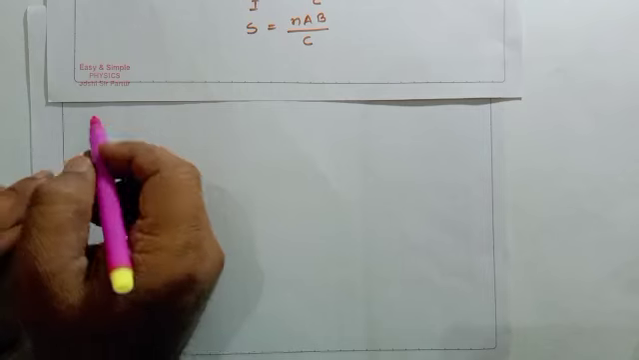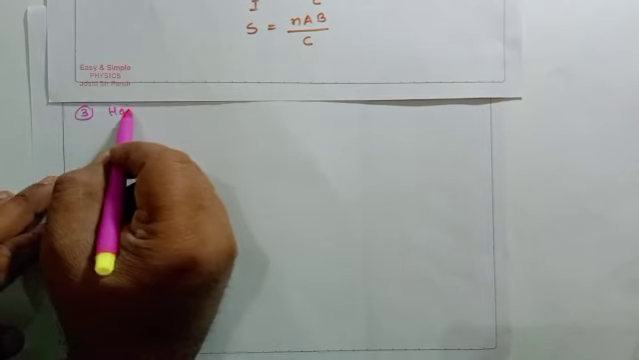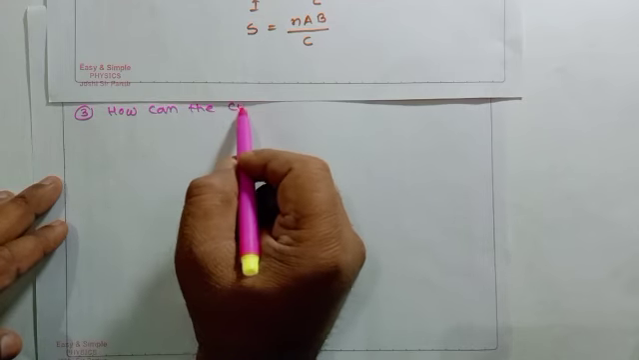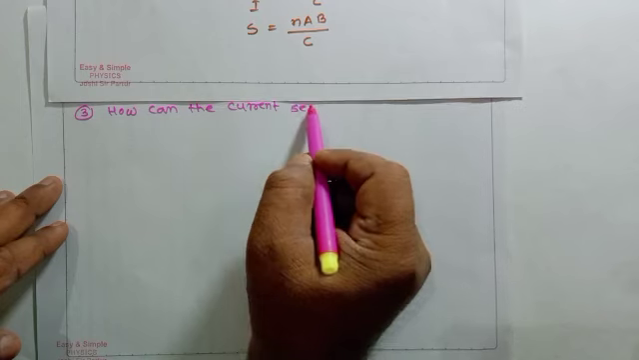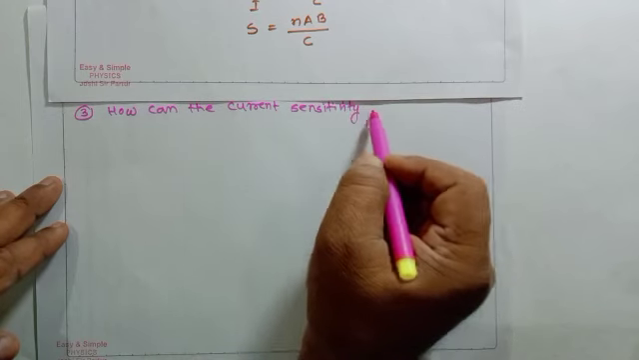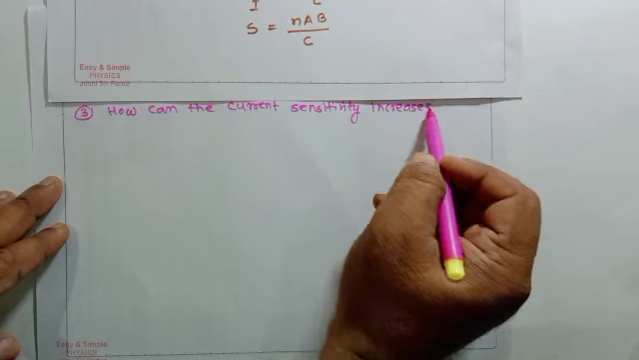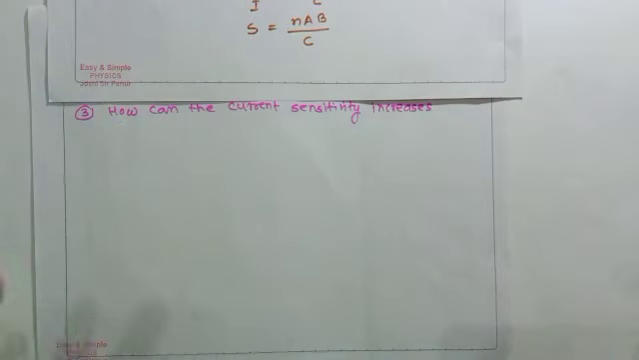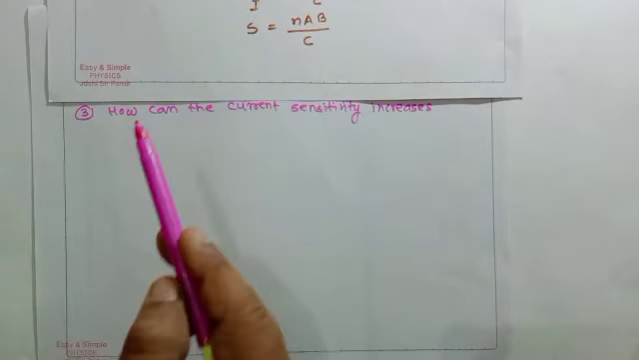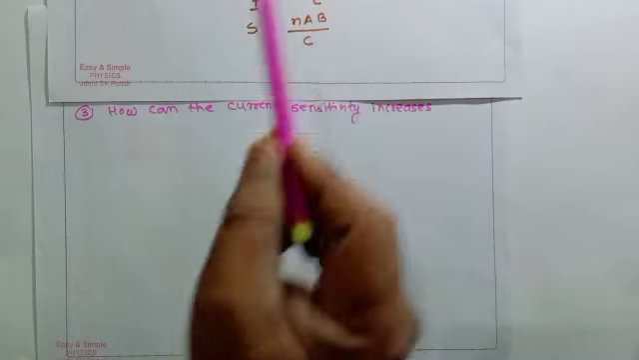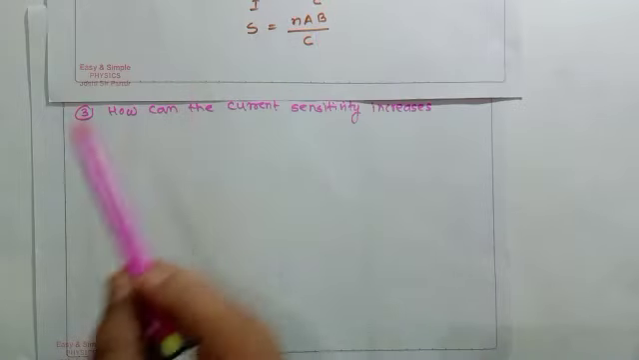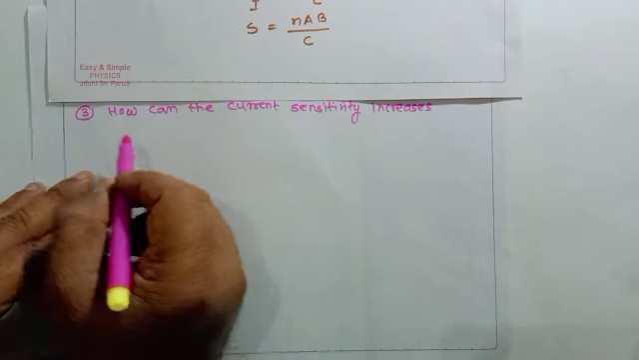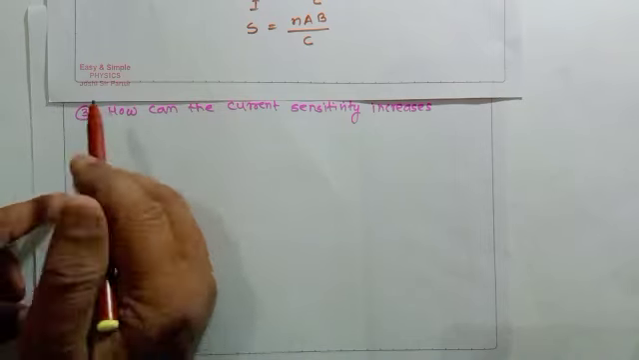The third question will be how can the current sensitivity be increased? If we use the formula S equal to NAB upon C, how? I is directly proportional to theta, I equal to C upon NAB into theta, I upon theta equal to C upon NAB, theta upon I is equal to NAB upon C. So how is it increased? The answer for the question will be